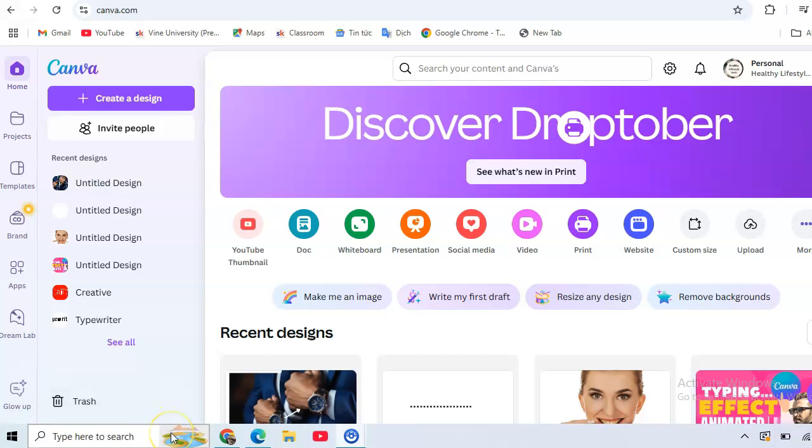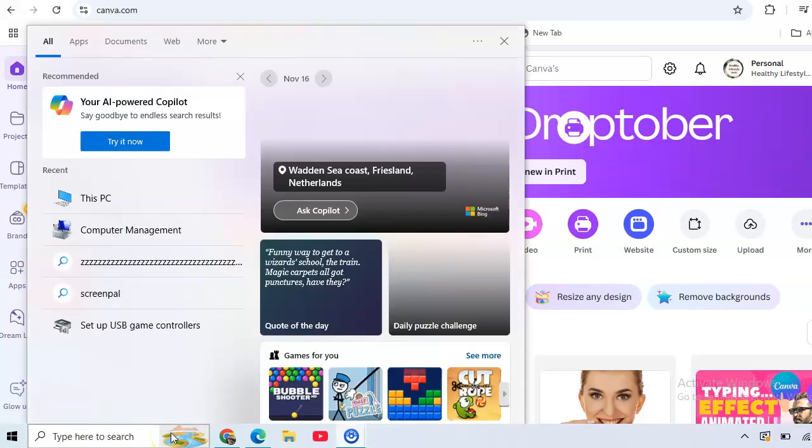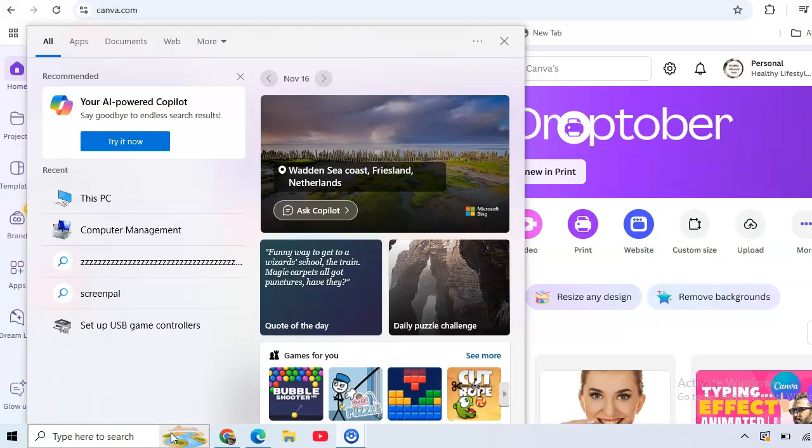Hi guys, in this video I will show you how to make dashed and dotted line in Canva, what you